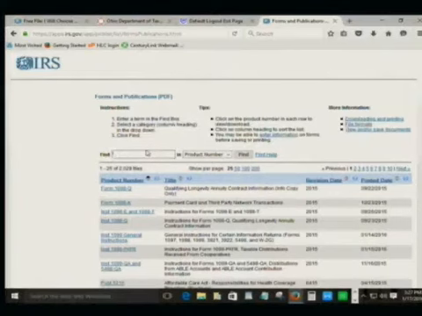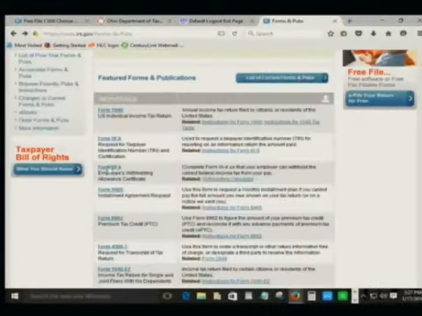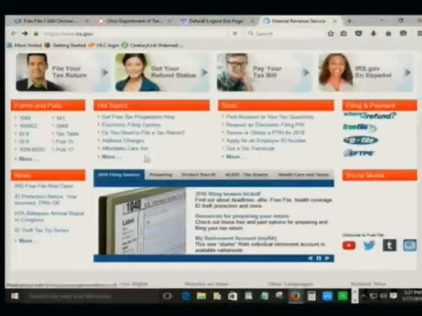Here you can do it if you know the form number or the publication number. You can type it in there and then do a search. Now, a lot of your tax forms are